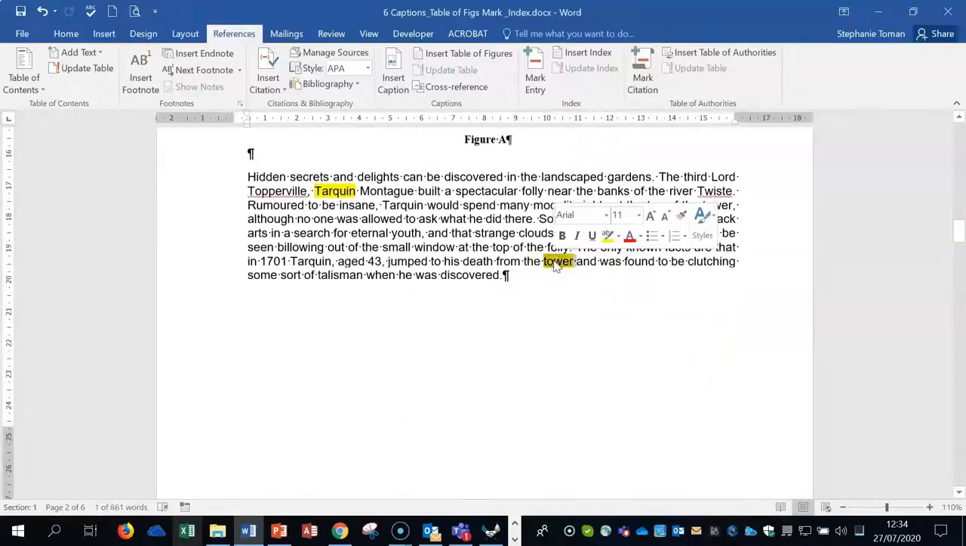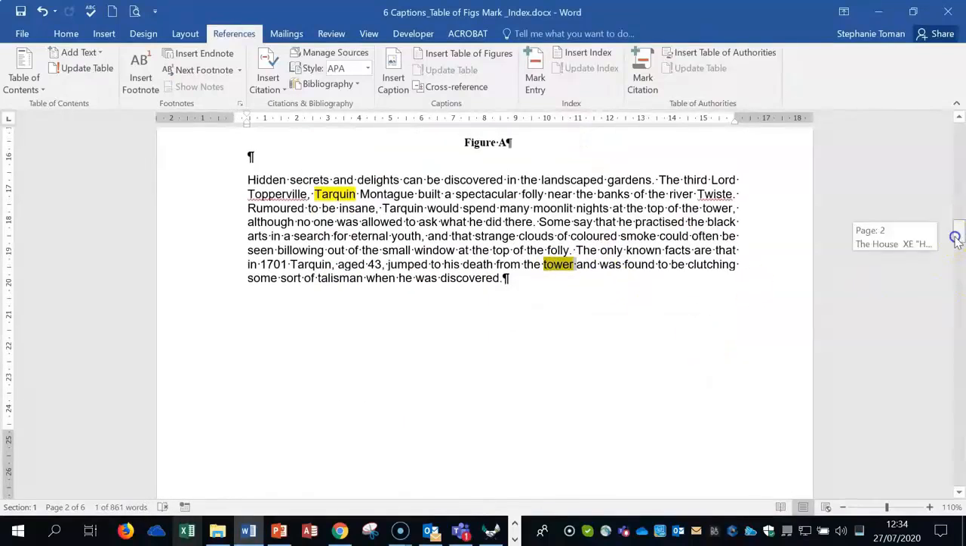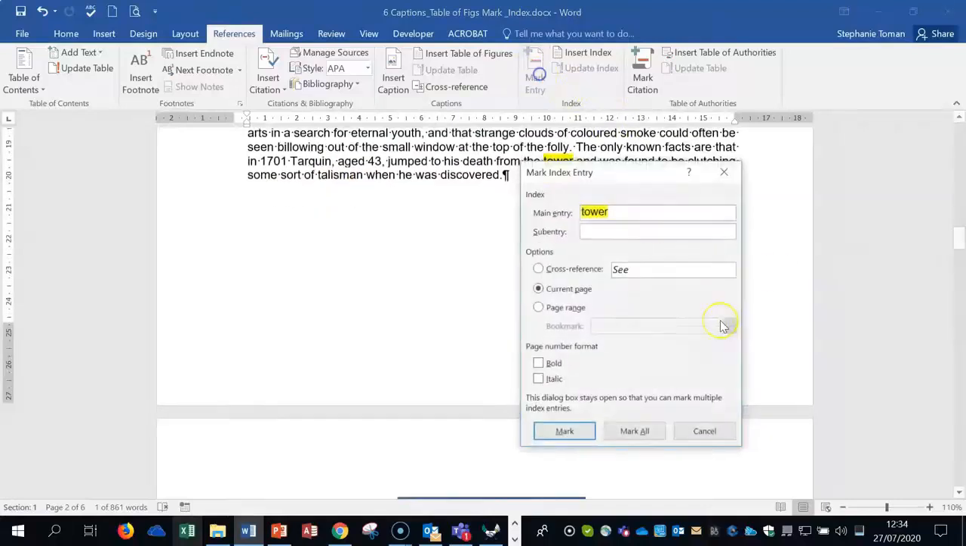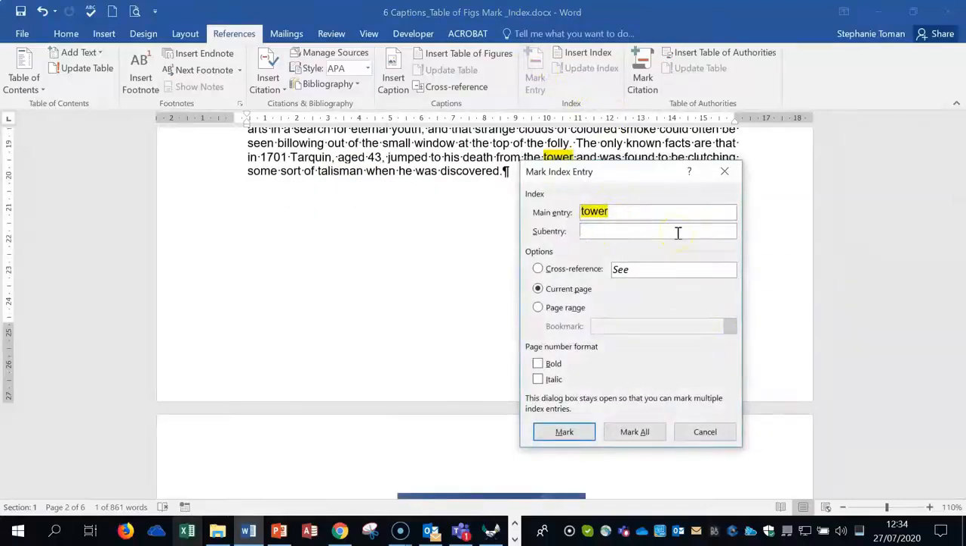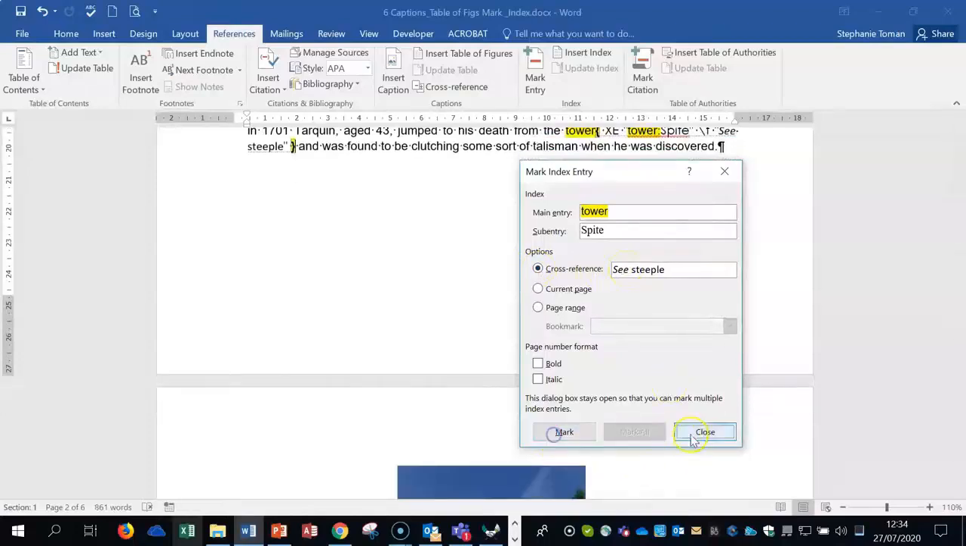If we had tower, let's mark that on page 2. So mark entry could be tower, could be spire, and we could have cross-referencing steeple, like that. So you would click in there, leave the C in there, don't delete it, and then mark and